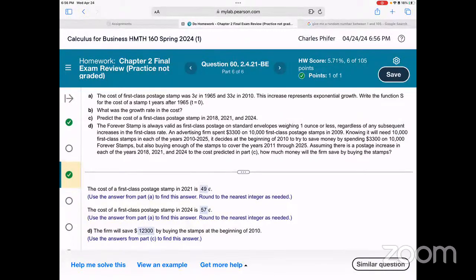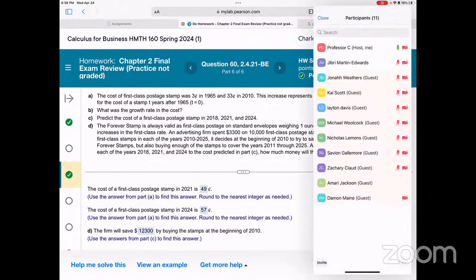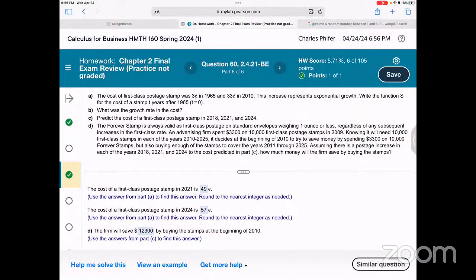So 10,000 stamps cost 3,300. So then it was a total of 15 times 33. We got our answer of whatever it was, right? We got it over here, right? We knew the amount it cost for each year times 15 years. Then to figure out how much they're saving, we had to break it up into parts.